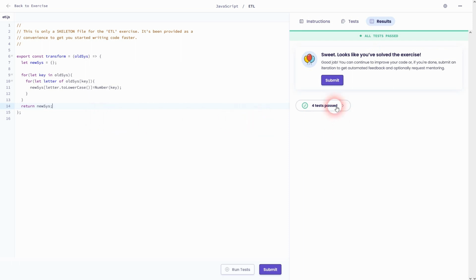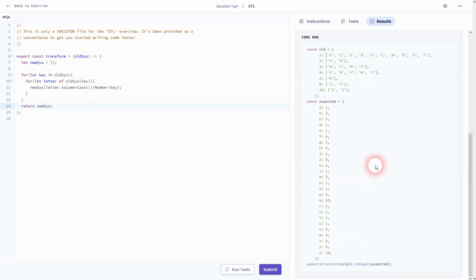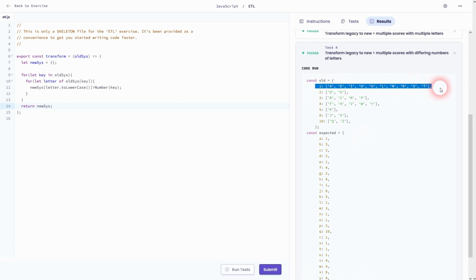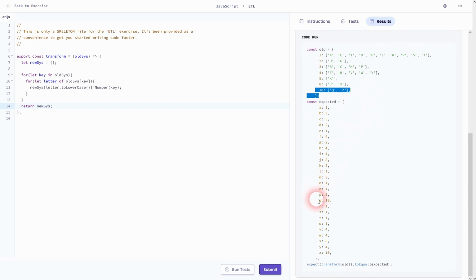Oh yeah. Let's look at test 4 once again. So here's the old system. 1 is connected to the array with A, E, I, and so forth. And Q and Z would be 10. So this is exactly what our code here does. And this is how I can solve